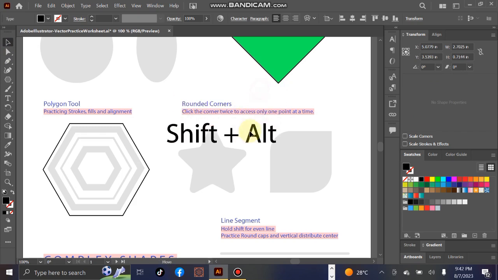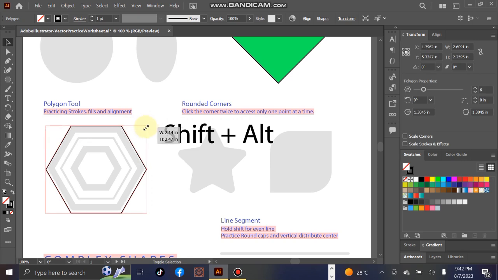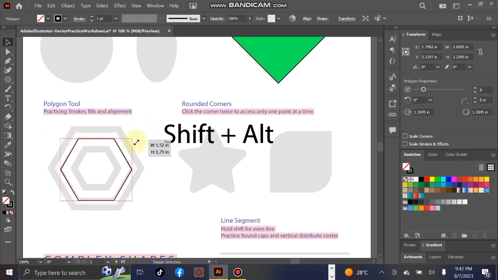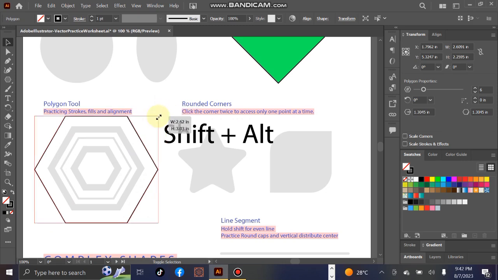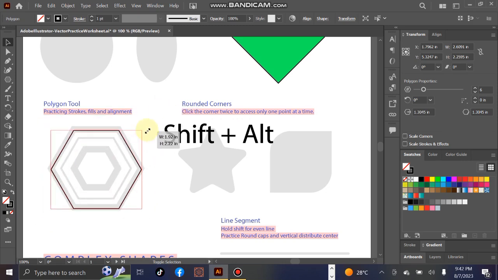What does it do? Now notice what we can do with that. When I select this and I come here and hold down my shift and my alt together, you will see that I can reduce the size of the shape and increase it from all dimensions, from all angles, I mean. You see that? Now, if I hold down only my shift, you notice